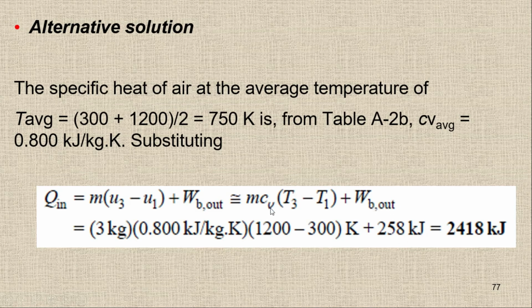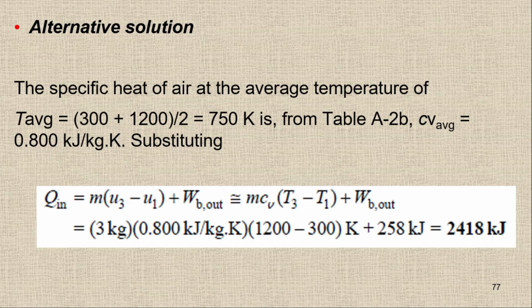Here, I'm not going to use the Cp, even though we have a constant pressure process, because U is only linked with the Cv, and in the question we have U rather than any H value. If we have the H value, then we will use Cp. Right now we have U, so we have to use Cv. So this is the alternate way to find out the Q value. It's up to you: either you can use the table A17 or you can use this one. If you know the average value, then it's easy.